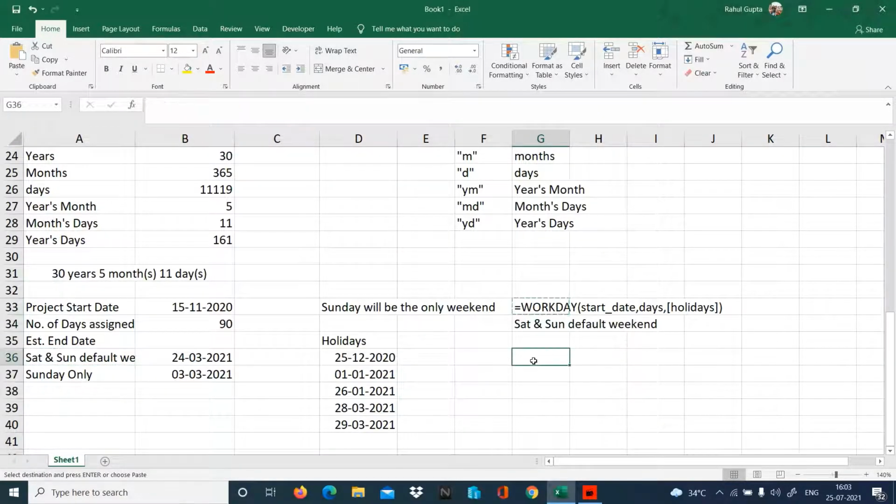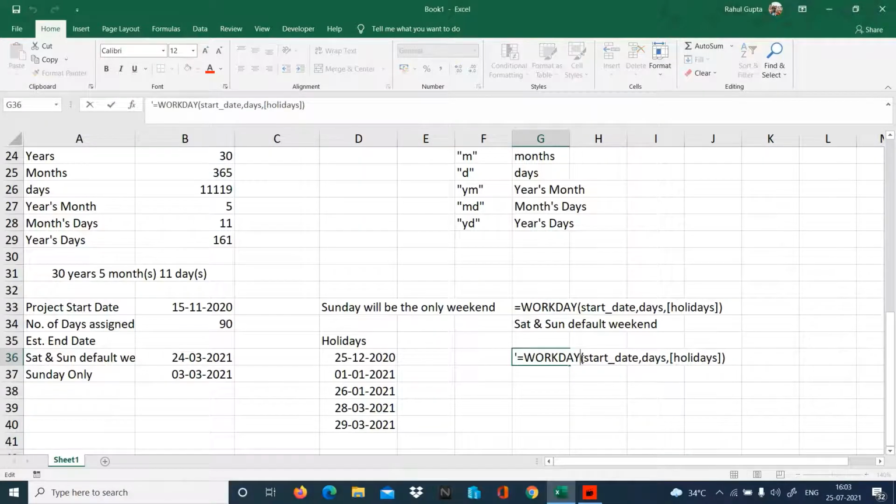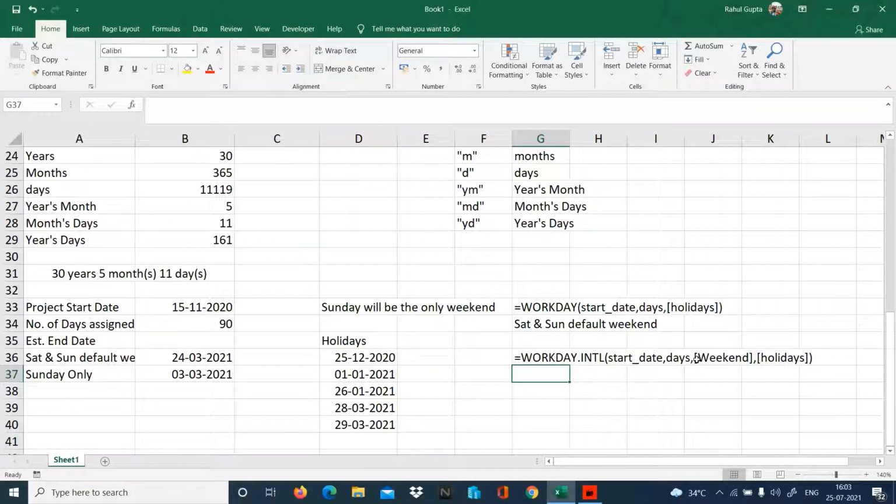And when we talk about WORKDAY.INTL, start date, days, weekend, we can also define the weekend. So now these functions could help us find out exactly the end date on behalf of any weekend and holidays.